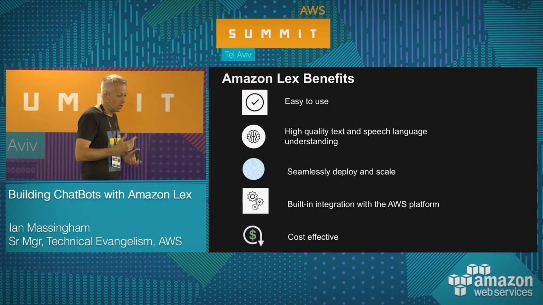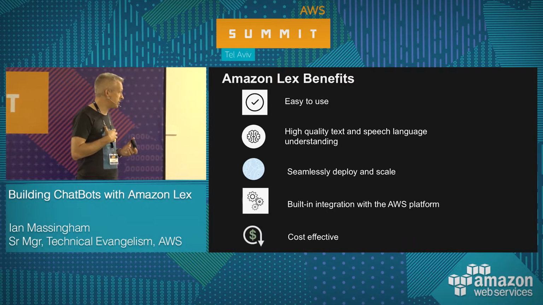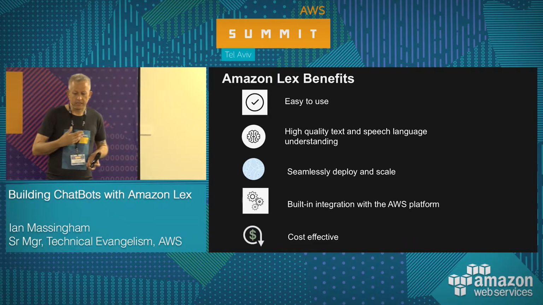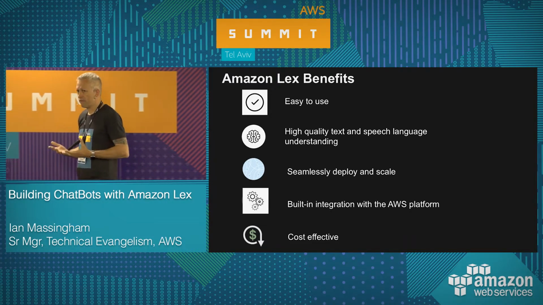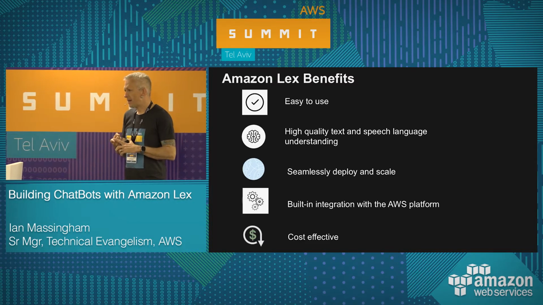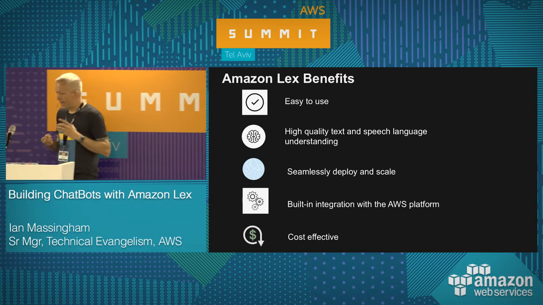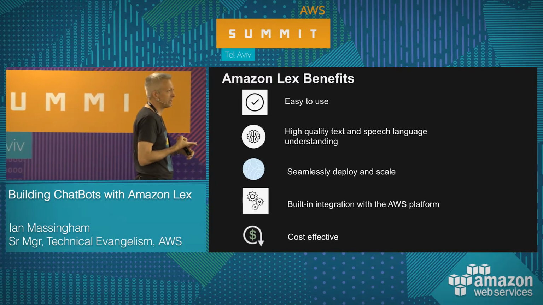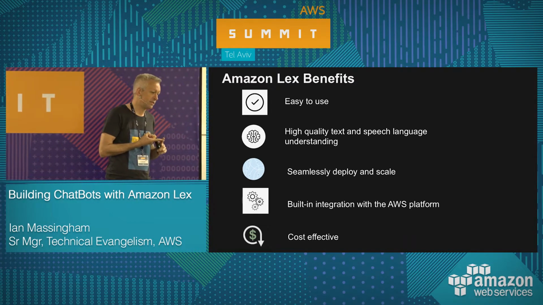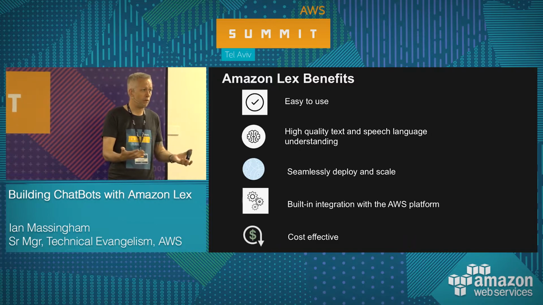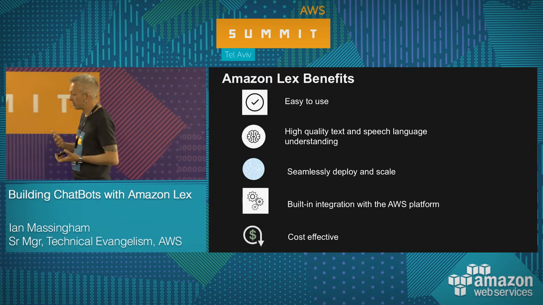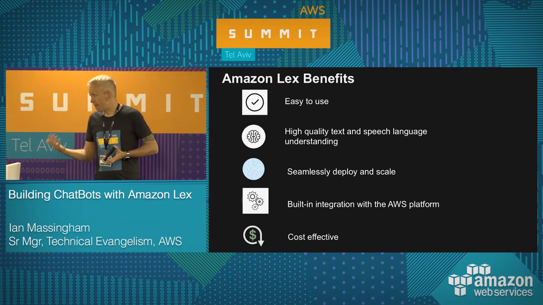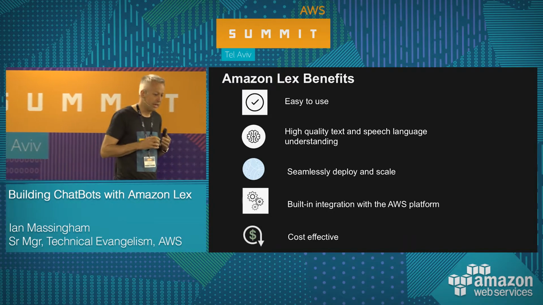There are no scaling concerns. We have lots of integrations with AWS. As you might have guessed, the fulfillment engine at the end of the data collection process that exists here is implemented using AWS Lambda. And if you're familiar with AWS Lambda, you'll know that it has IAM roles, so a very strong security model. It has the capability to deal with things such as cryptographic helper functions for encrypting secrets and other sensitive data that you want to have present in the application environment but not visible. It has native integration with other AWS services like DynamoDB, Kinesis, our ML service, so you can very simply and easily integrate